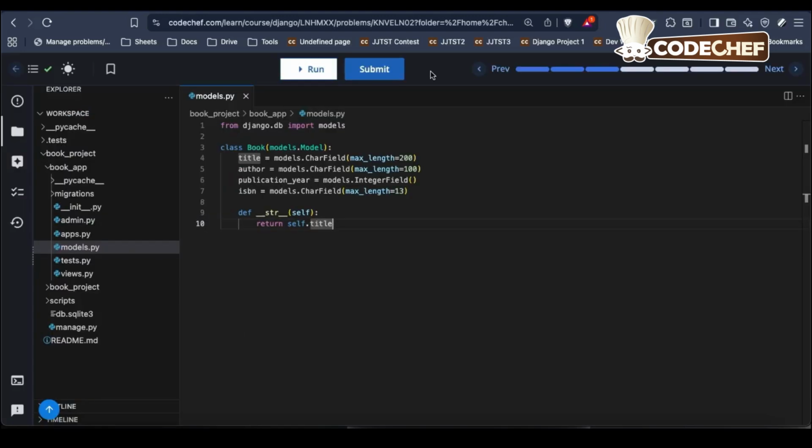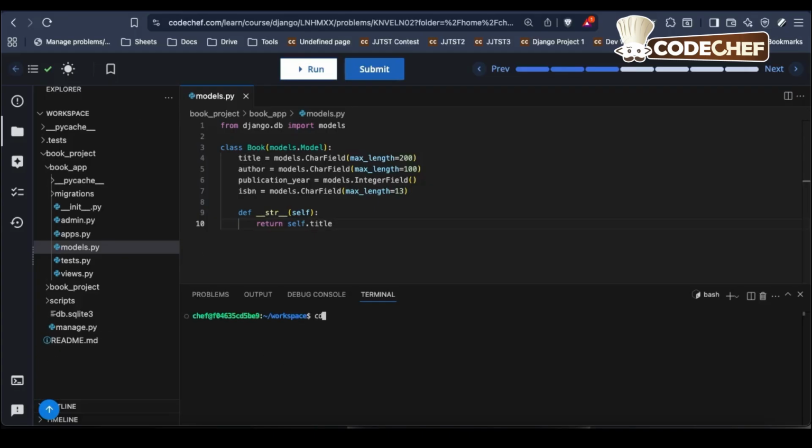Now let us see how we can tell Django that this is a table that we want and how to actually make Django create the table in the database. So for that, let me open the terminal here. So here first, let me navigate to the project directory, which is called book project. So cd book_project, and now the command to make migrations, which is python manage.py makemigrations. Now when I press enter, it says no changes detected